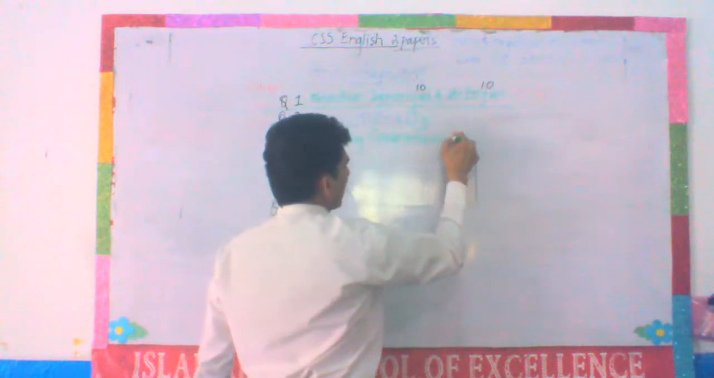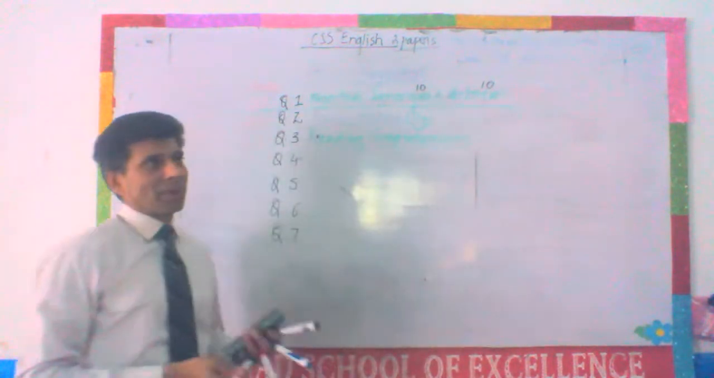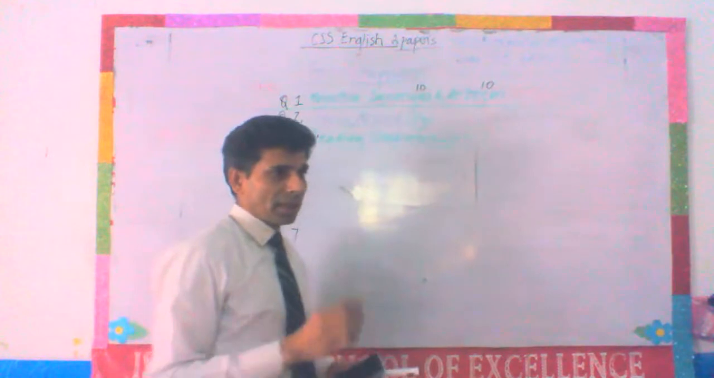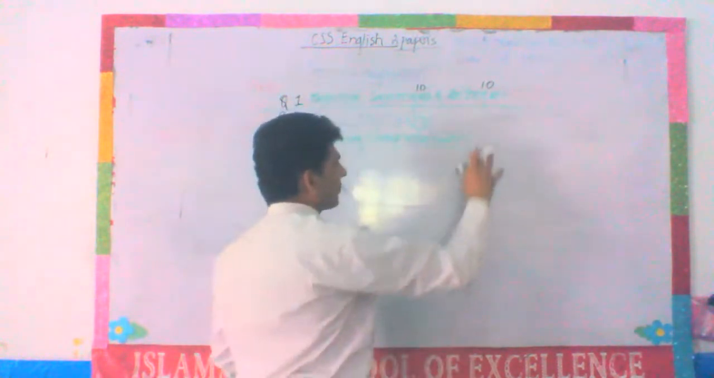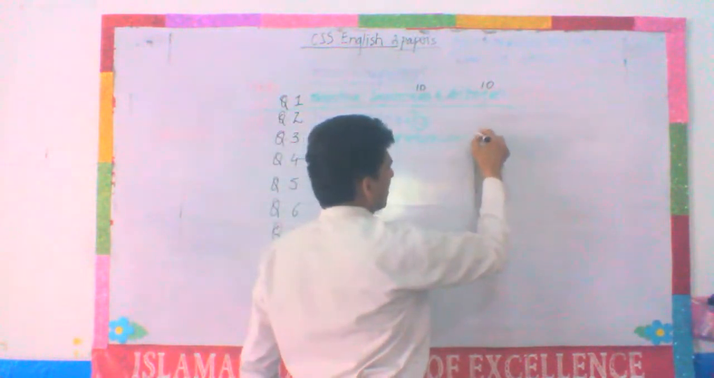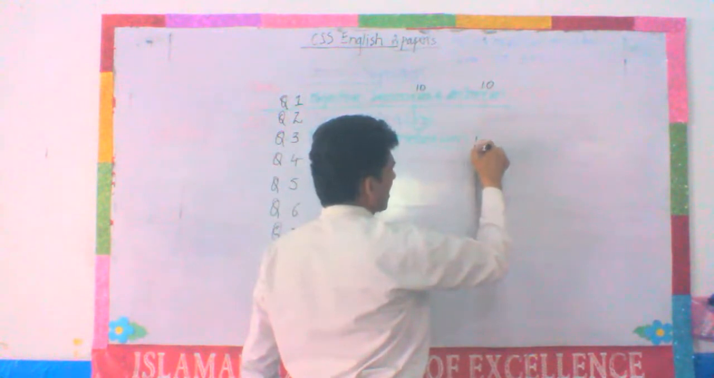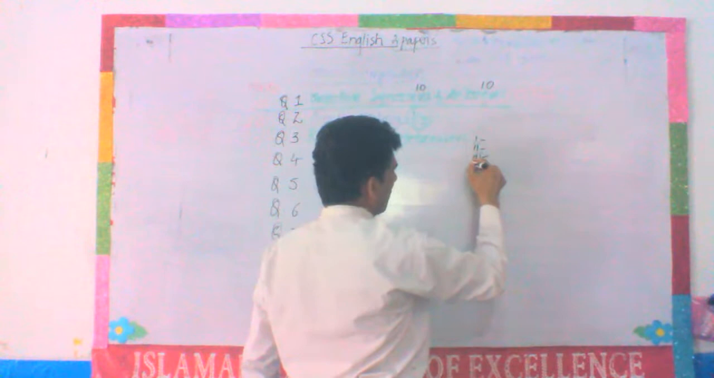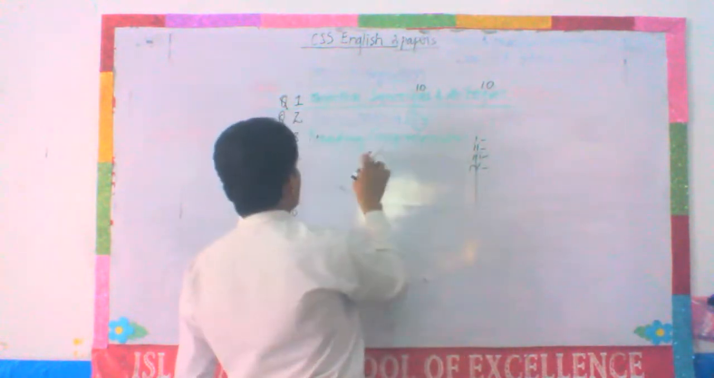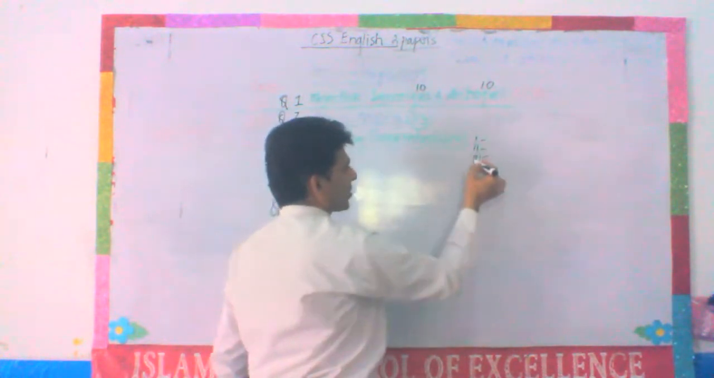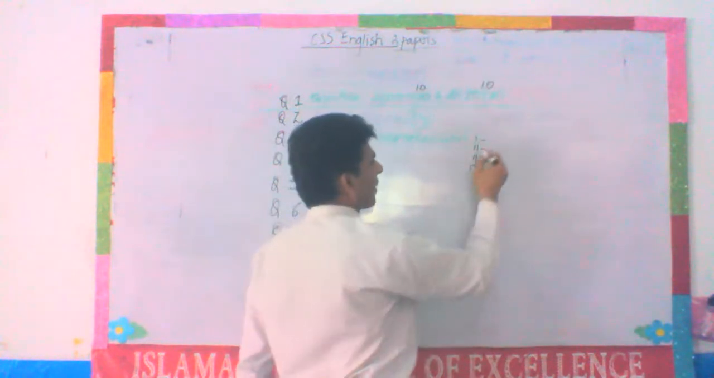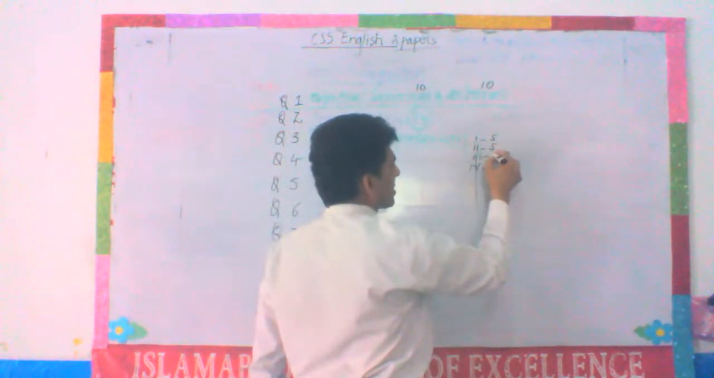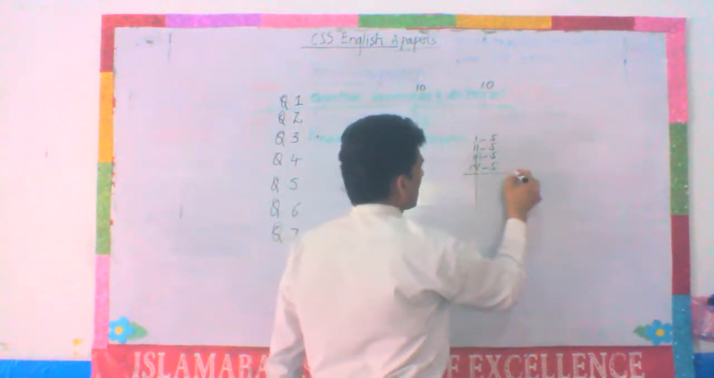Reading comprehension. Here, there is a passage, and after the passage there will be questions like 1 subpart, 2, 3, and 4. Total marks are 20 for this, so 20 divided by 4, 5 marks for this, 5 for this, 5 for this, 5 for this. So this one,